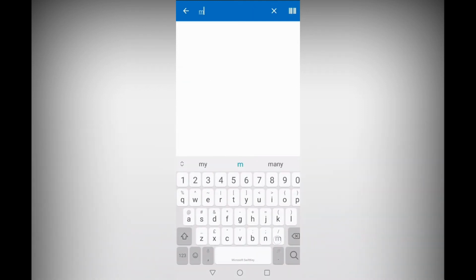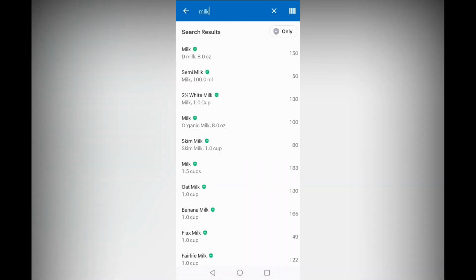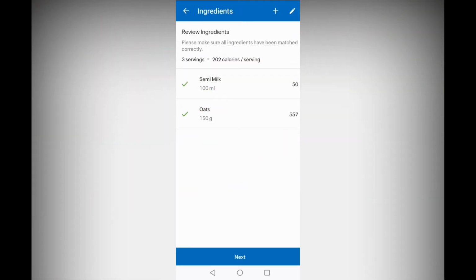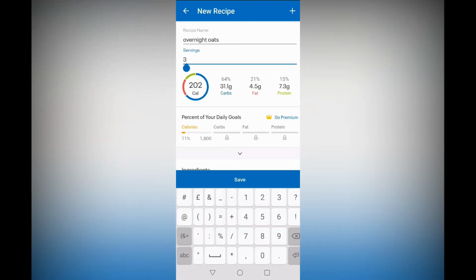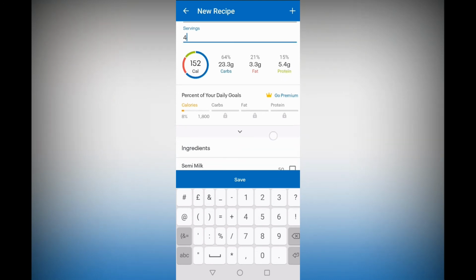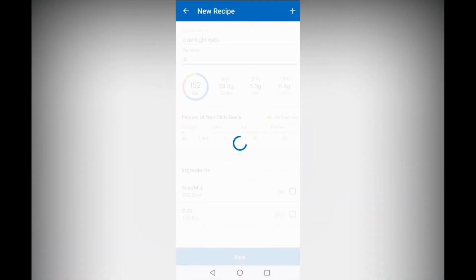So say you want to add milk, you can just type milk, maybe 100 ml of semi milk or whatever you choose. It adds it up as well, you can see. Click on next. You can change the servings. If you think 3 is too much, you can say, oh, I just want it for 4 portions instead, and it tells you exactly what it is. Click on save,